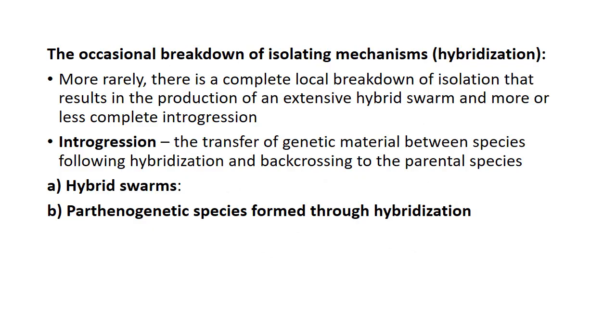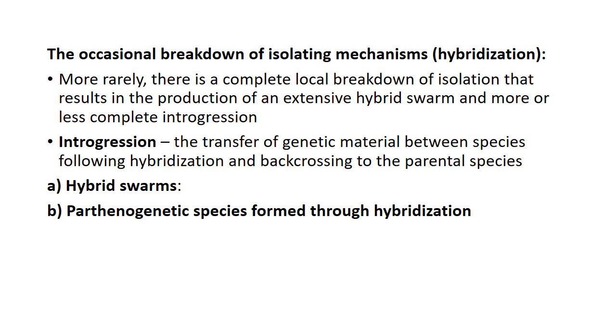The occasional breakdown of isolating mechanisms leads to hybridization. Reproductive isolation may break down occasionally, even between two good species. Usually this leads only to the production of occasional hybrids, which, being either sterile or of lower viability, do not cause any taxonomic difficulty because they do not survive or they do not continue. However,